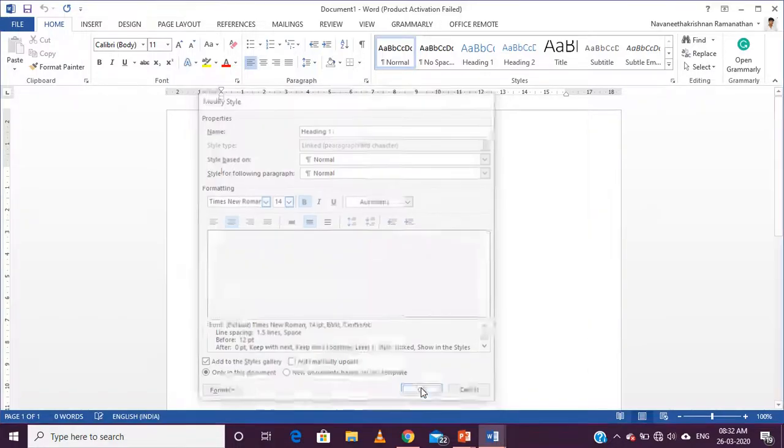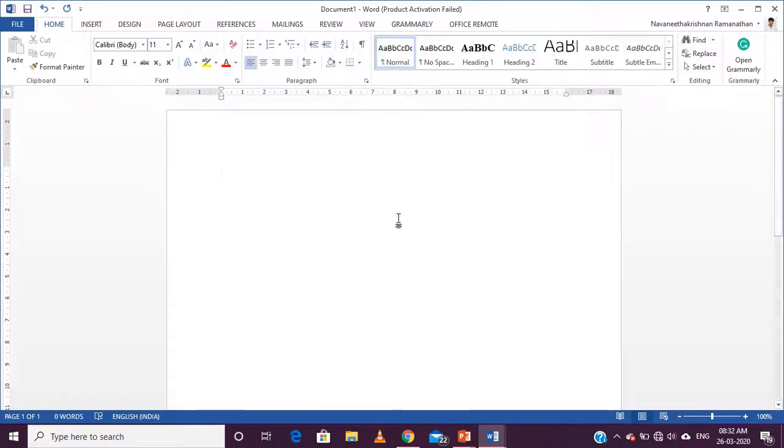So we can save the heading 1. Whenever you type a heading 1, you need not worry about which font it is, which size it is. You can just select and give heading 1, and it will completely go according to our format. So likewise,